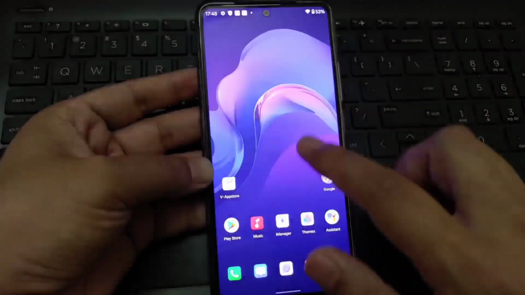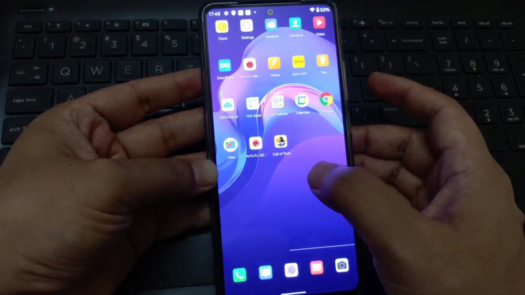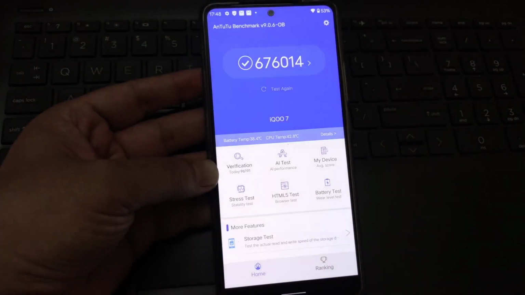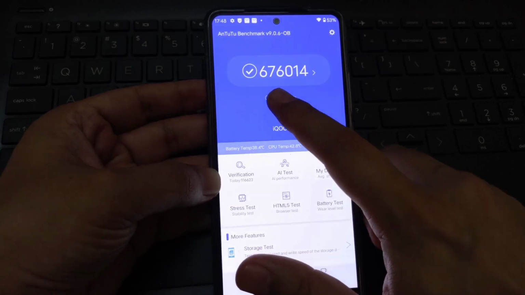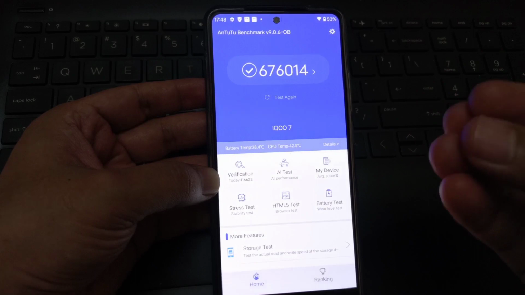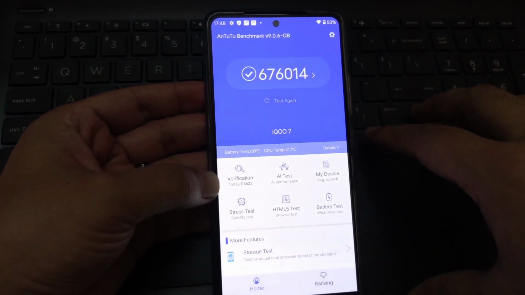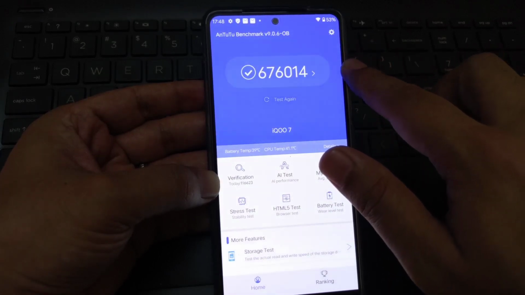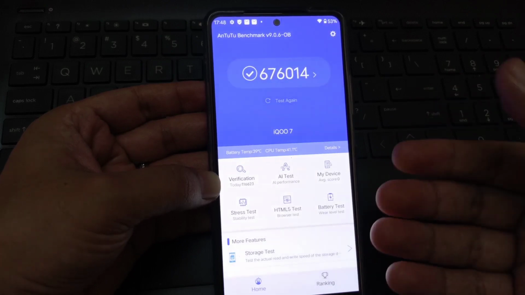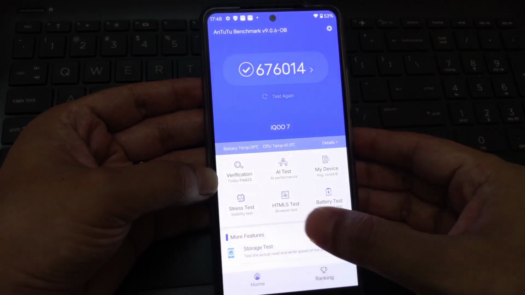I have also installed the Antutu benchmark, and I was very much surprised. The first day when I opened my Antutu on Android 11, IQ 11 Legends days, here the Android 12 has 66,76,014. So it is very, very low when it comes to performance. I'm sure because it is a beta build, there is nothing to worry here. But the performance comes very much down here, because while testing this Antutu app, I could see some stutter and lags in the video itself.